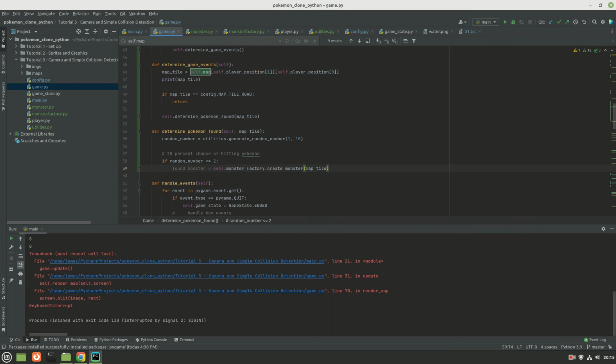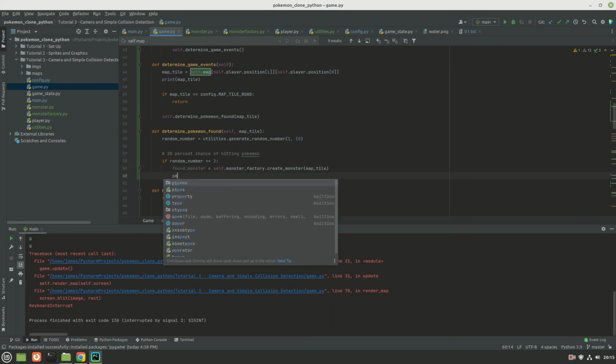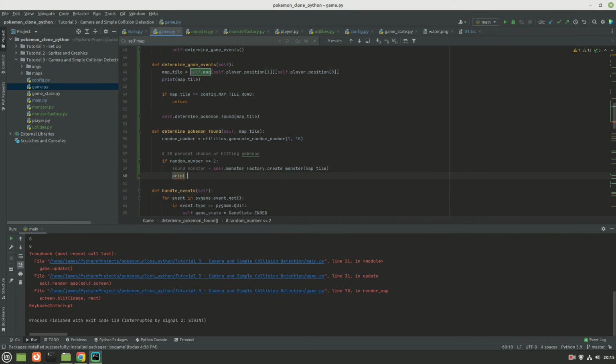Okay, so what do we want to do with this monster? Well, for now, all we're going to do is print you found a monster. And we can print the type.